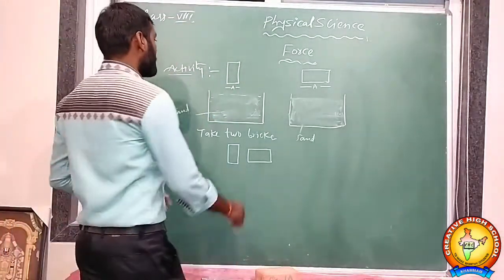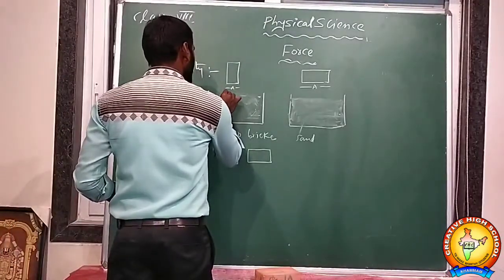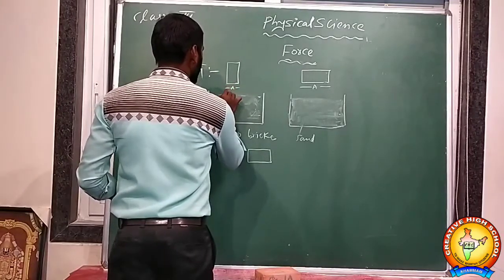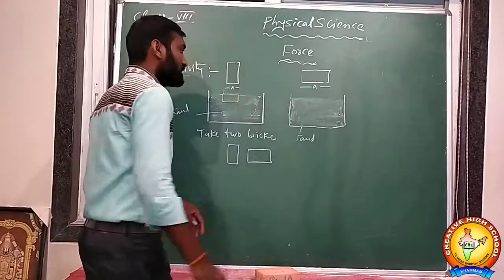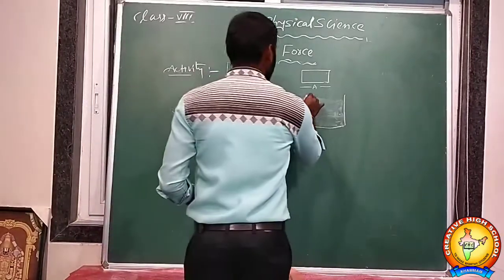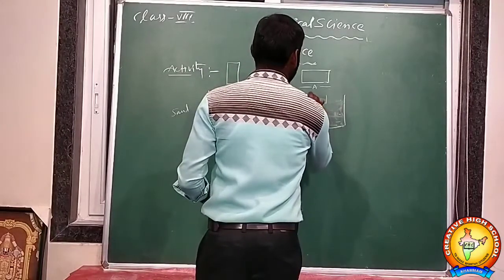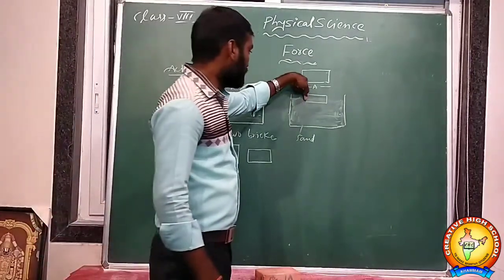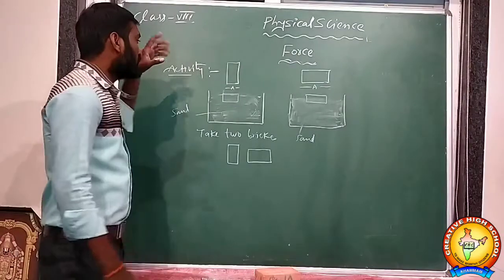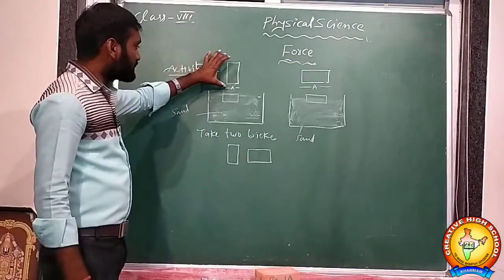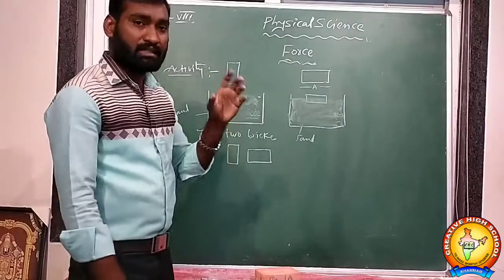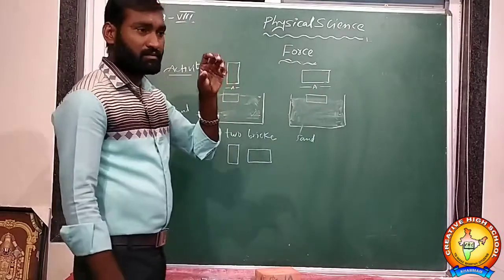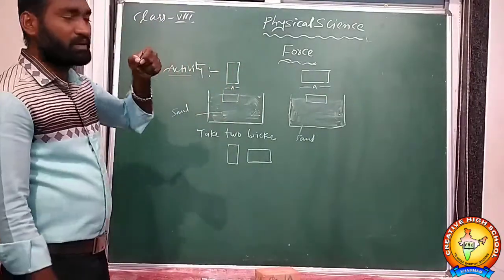After leaving them, the brick will go deeper into the sand. We observe that this brick goes somewhat lesser. See, this much depth will go inside here. This one goes only a small depth, 1 inch only. So we observe that the vertical position brick goes deeper into the sand. The horizontal position brick goes somewhat less deep.